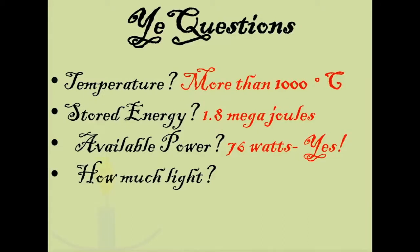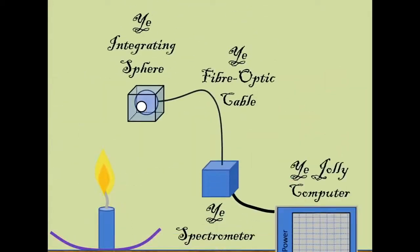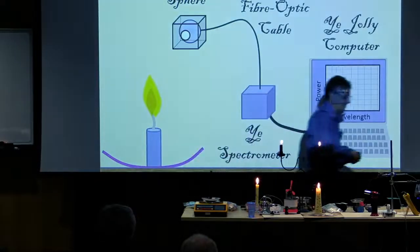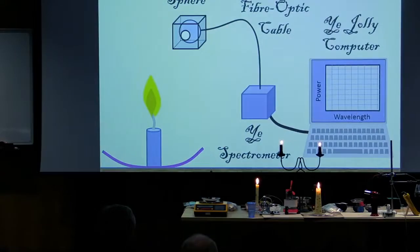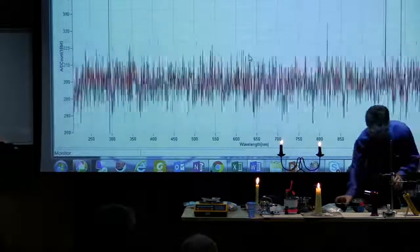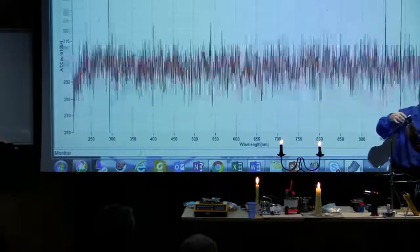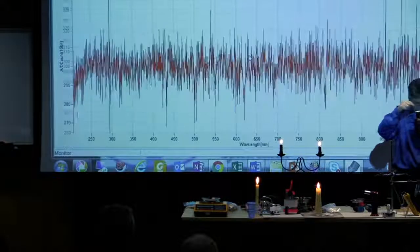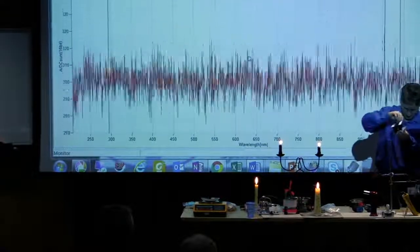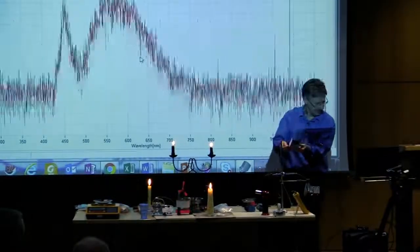So what we do is we use the integrating sphere, connect it with the fibre optic cable to the USB spectrometer, and then take a look on the computer. So that's what we'll do now. So we'll just switch round. So here is, this is an integrating sphere. This is just a sphere which is painted white on the inside, and this is fibre optics. And if I open this up and let it look at the light here, oh, you can see,